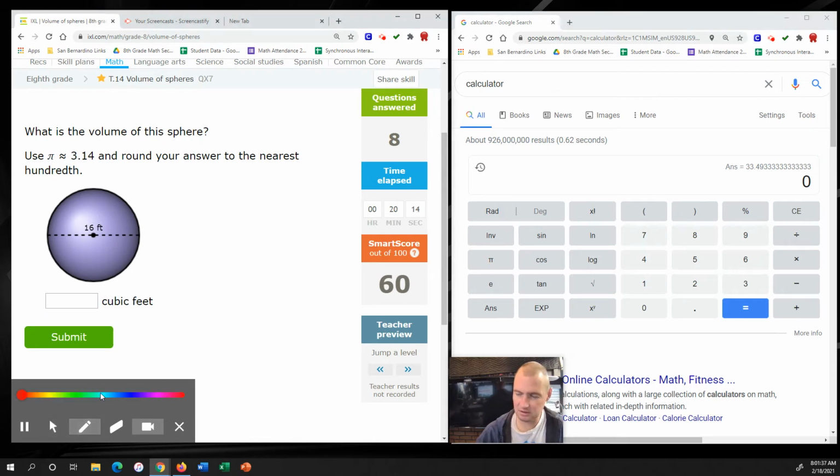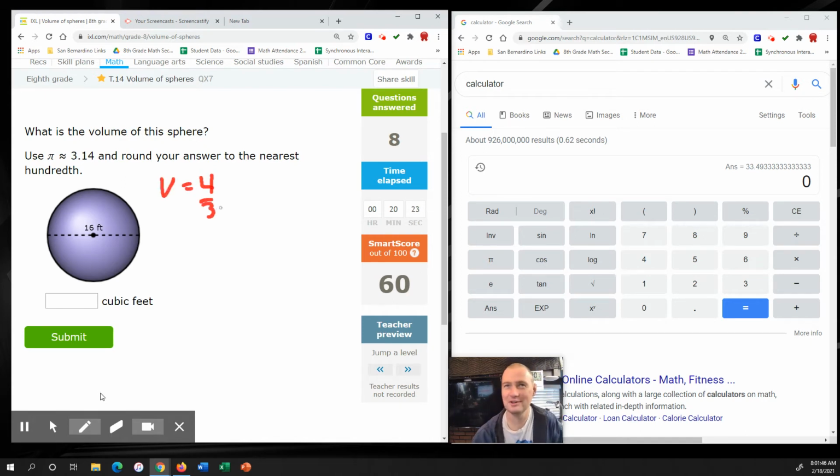And notice it gets easier and easier because it's a pattern, right? Patterns in math, use them. So I got volume equals 4 over 3. You guys probably got this memorized. 4 over 3 times pi times, what was it? Some of the radius? R to the third power. Nice. So I got volume equals 4 divided by 3 times pi 3.14